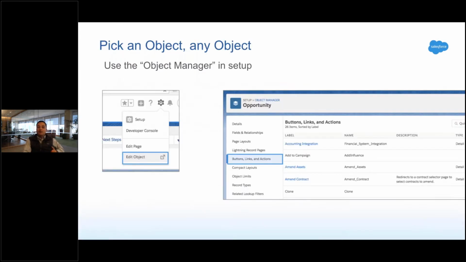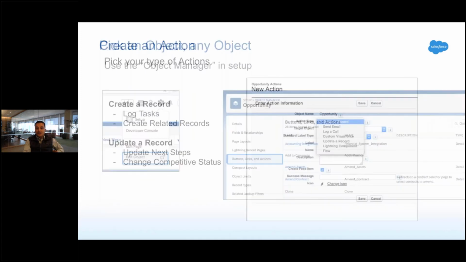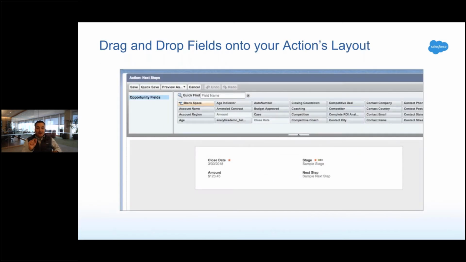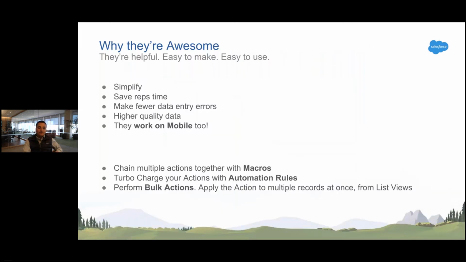So for example, you go to an opportunity, you go to the actions section, you can create a new one. And let's say in this case, I'm going to create an update action that's going to update the opportunity. And you can put the fields you care about exactly on there. So when I say update next steps, you're going to see the close date, the sales stage, the dollar amount, and the next step field. That's what I mean when you should do it. And then you put that on the page, and that's it.